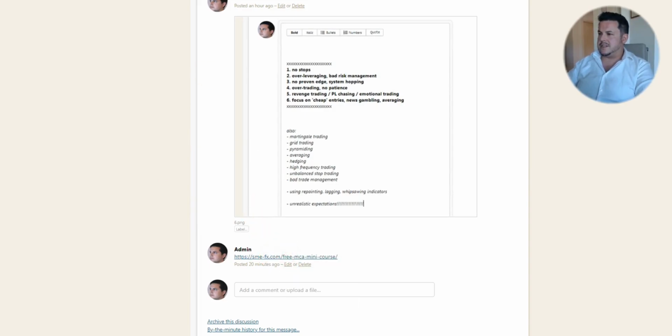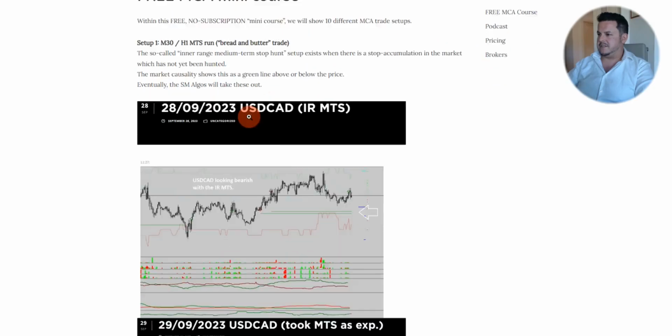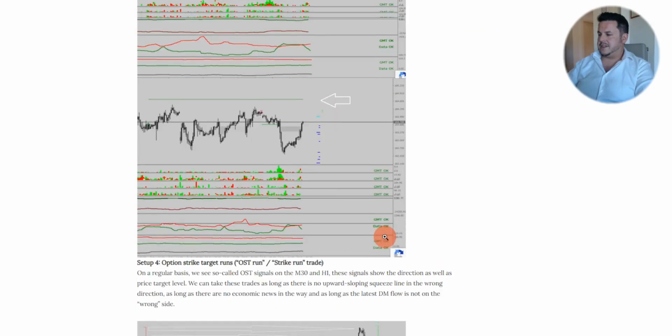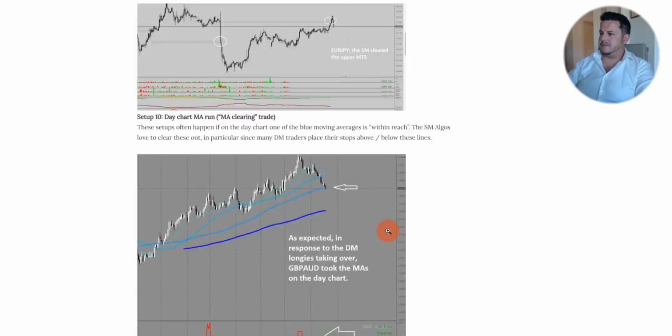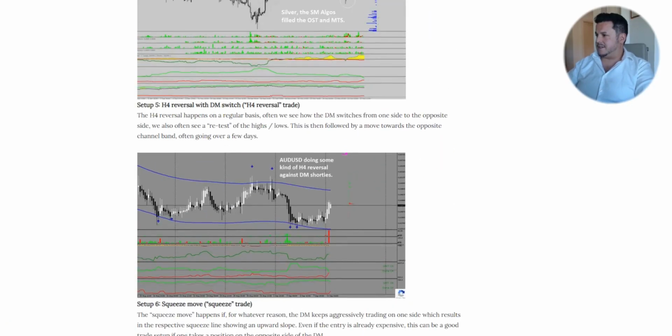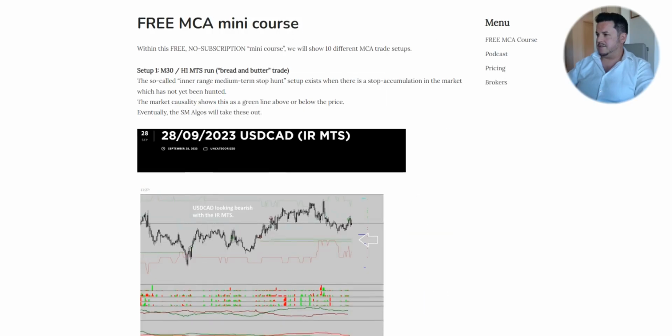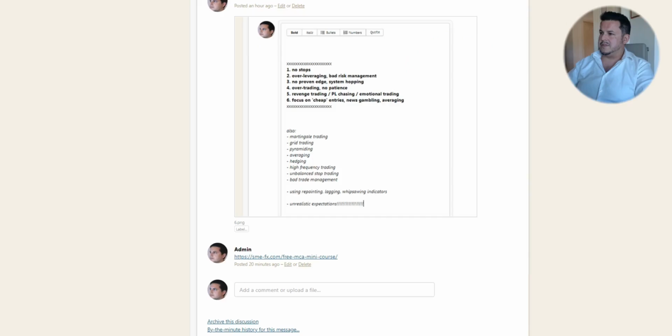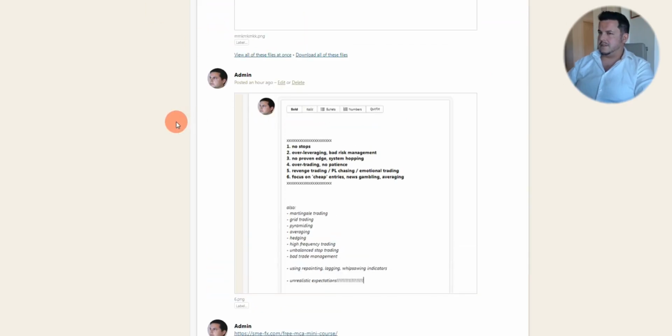So we also looked at the trade setups, which can be found on the website under the free MCA course. Here you can even, quick and dirty, so to speak, go through some of the setups. And we also have the forum, make use of it. Once you subscribe to the MK web, feel free to post there in the commercial area and other people may help you get better.